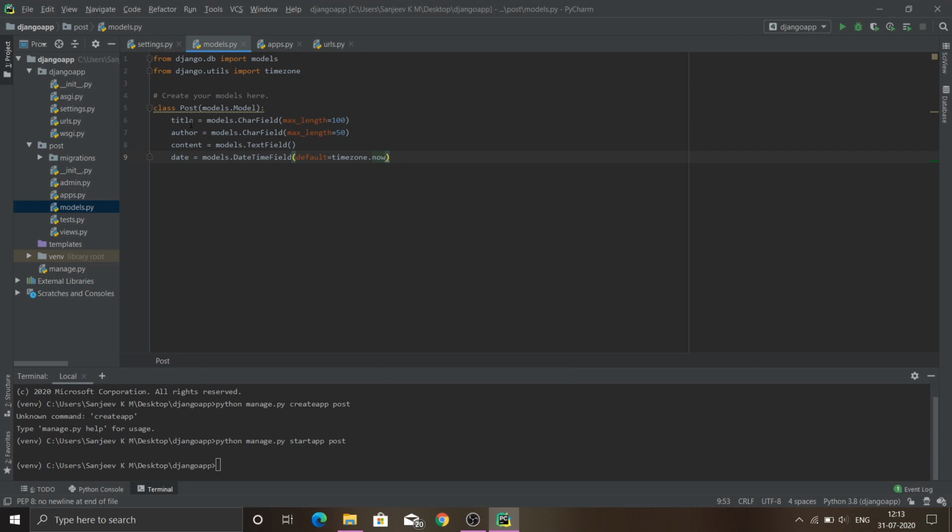That's the distinguishing factor in each and every model in Django. Since that's mandatory in every model, Django's models.Model class will take care of that. It will automatically create that field for us, set the default values, and increment those by one on each entry. So we don't need to take care of that here.